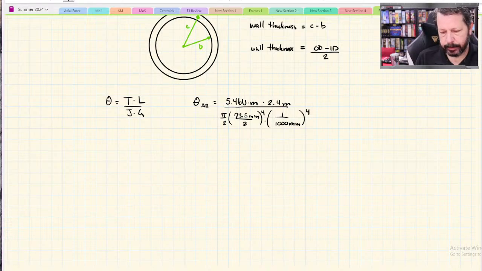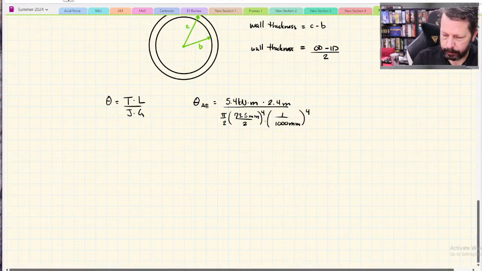Or I could do the conversion before I do the raising to the fourth power, whichever way I want to do it. Maybe I'll do it that way. That might be simpler. Okay, we'll check and see, but I think L over J times G is